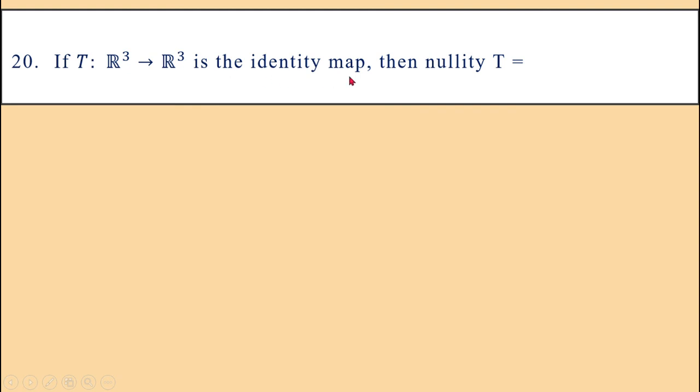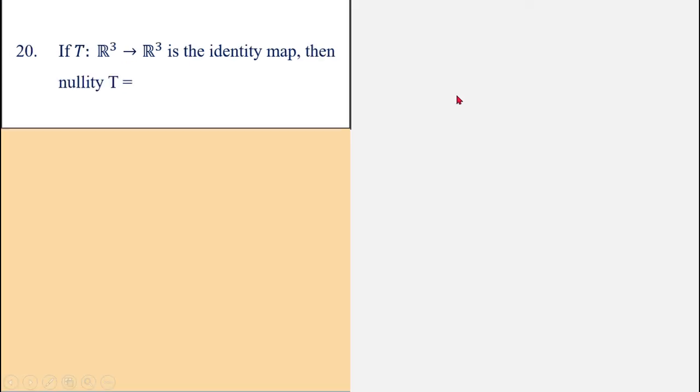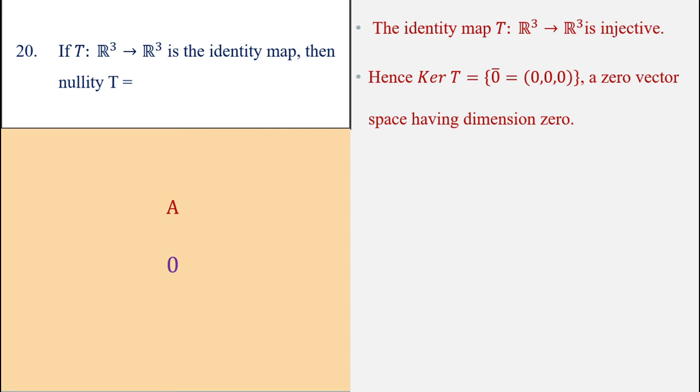Next question: if T from R3 to R3 is the identity map, then the nullity of T is equal to, option A is 0, option B is 1, option C is 2, option D is 3. The correct option is option A, that is 0. Because T is the identity map, its matrix of transformation is 1 0 0, 0 1 0, 0 0 1. Its rank is 3 and nullity is 0. Similarly, we get the kernel of T as the vector containing only the 0 vector, 0 0 0. So its dimension